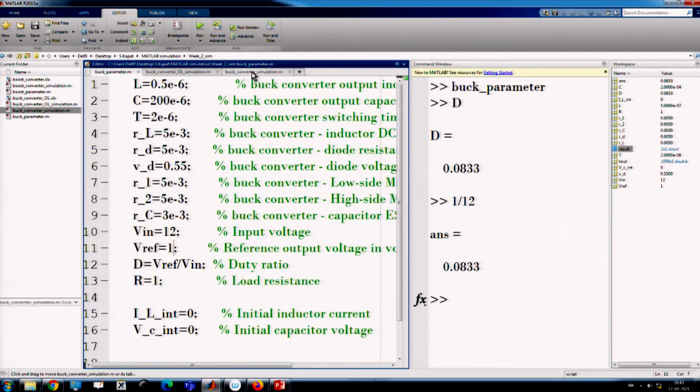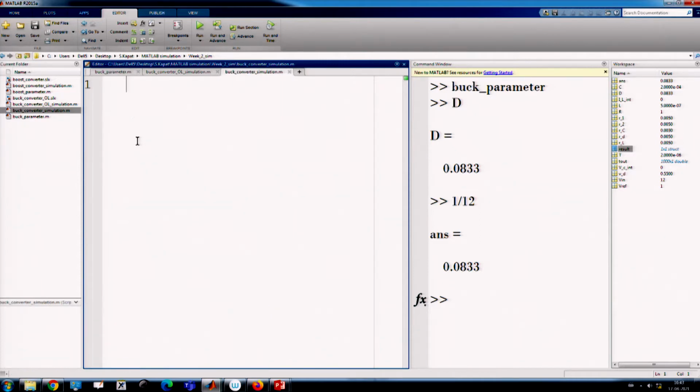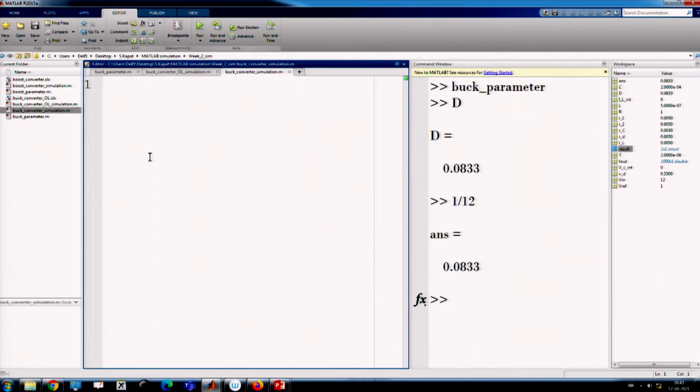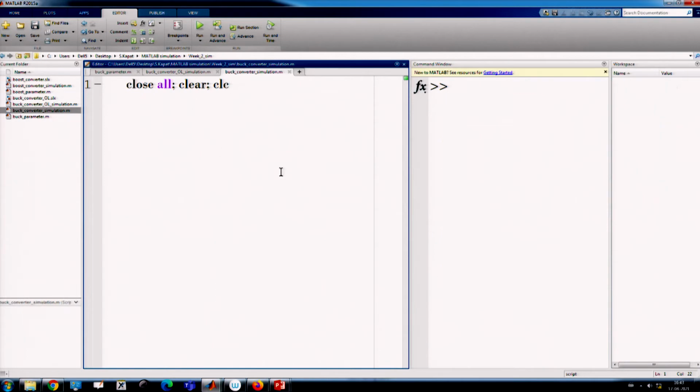So, each channel, if you click, then you will get the data one by one. Now, we want to create a text file, because instead of running the Simulink every time, we have a parameter file, and we can in fact customize some of the parameters during run time, that is also possible. So, here what we will do, first we will clear the screen, close all. This will close all the figures and everything, then clear will clear all the workspace, and this will clear the command prompt. If you execute these 3, everything is now clear.